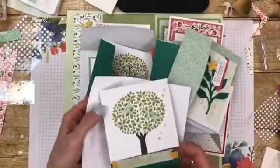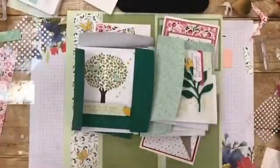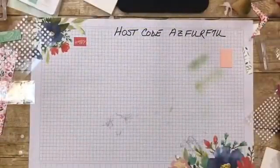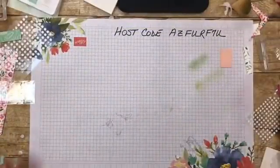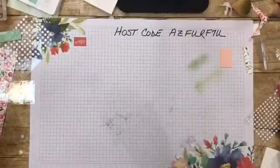And then here's my other one. So these are all the cards. What do you think? Okay, so let me move this out of the way. And then I'm going to do this. Okay, I have, where'd we put it? You're going to want to, there's the